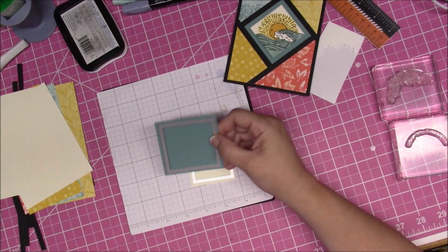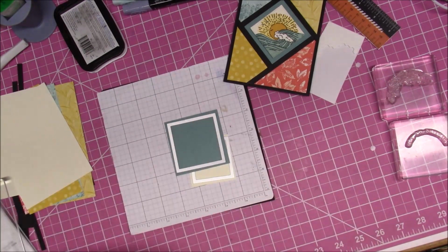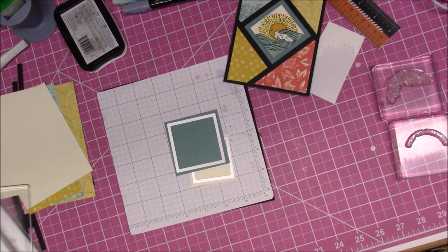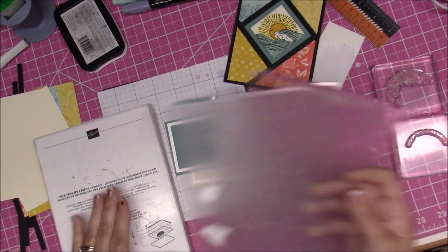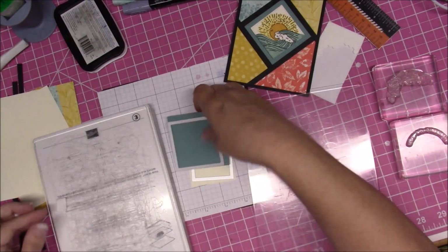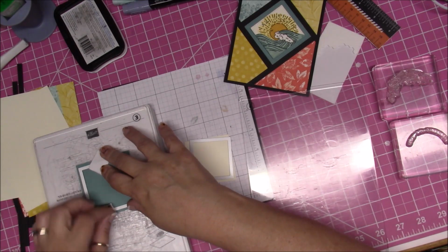So we're going to get our platforms out. Okay. So we need platform 1, we need platform 2, and then we need a platform 3. And I'm going to put this right on top of it, just like so. I'm using Post-it note